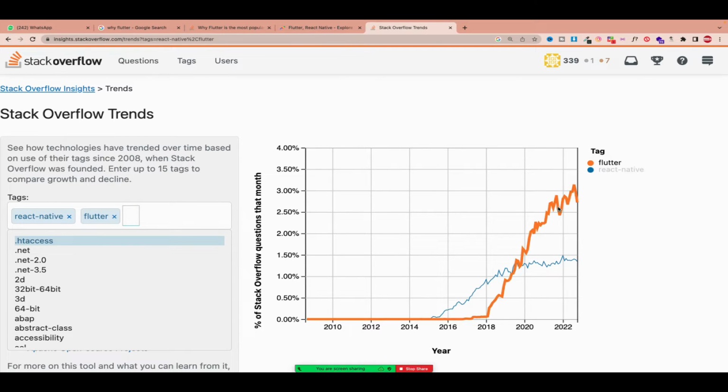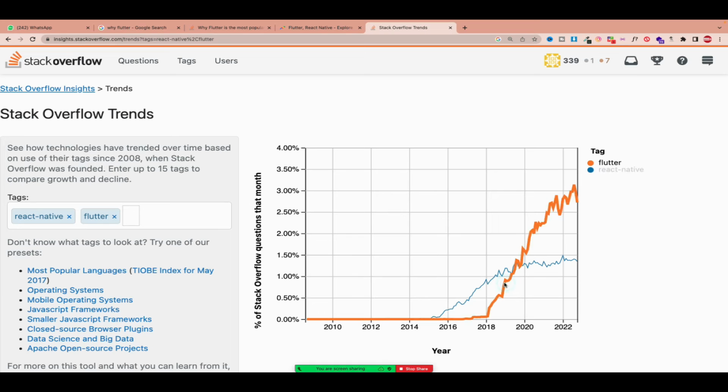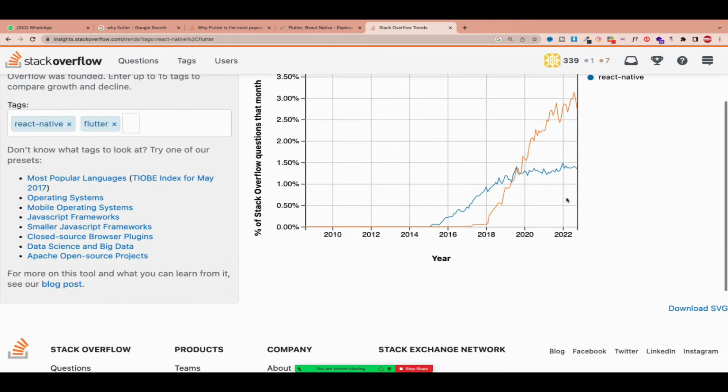So instead of us sitting two in a room and start arguing, you may win because you may be good at arguing, but these are now facts. These are people searching for problem solutions. So you can see Flutter has crazily surpassed React Native. So it means that if you want to invest your energy, you have to make a crucial decision before you start investing that energy in a certain technology. So Flutter is really leading here.